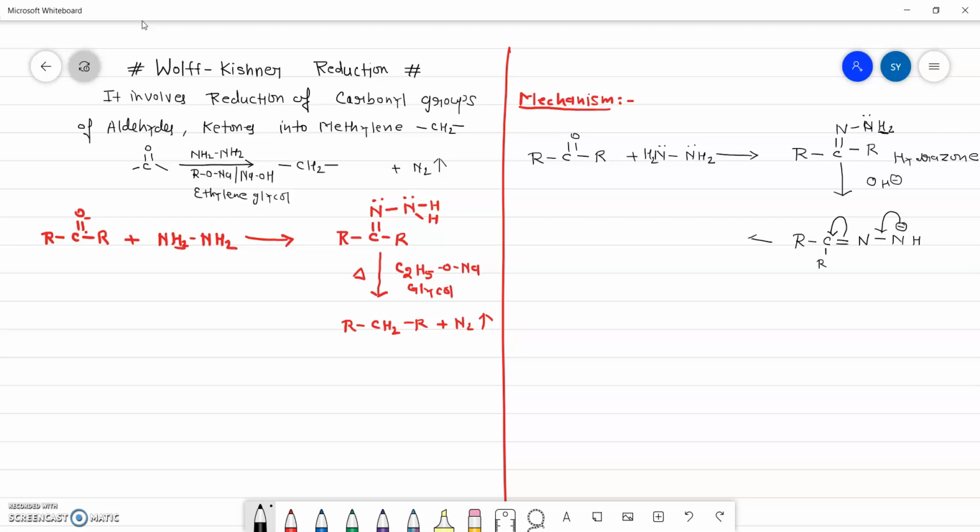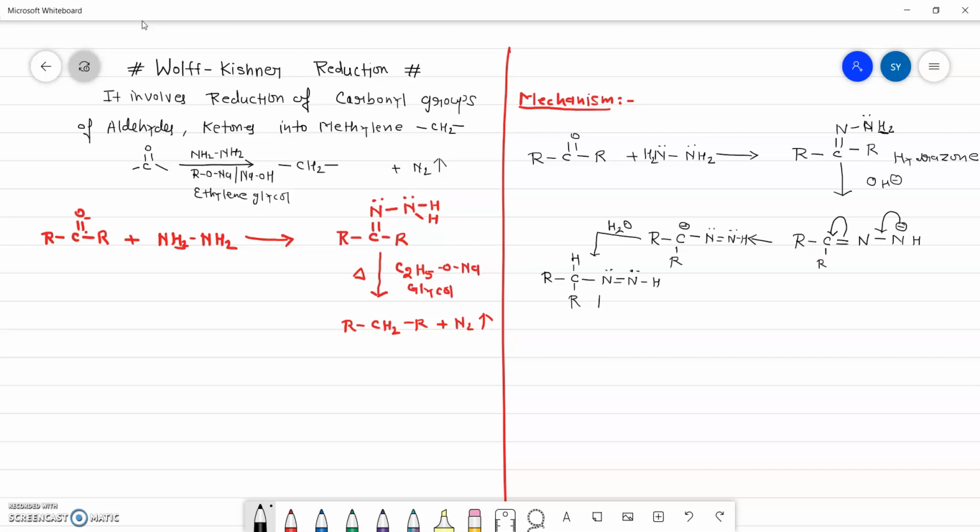So the moment carbon gets a negative charge, there is water present that will protonate it. So we are getting this structure R bond C bond R bond negative charge bond N double bond N with an H. आई होप यहाँ तक सबको समझ में आ रही है बात. ठीक है, so this is having one lone pair, this is also having one lone pair. Now the moment you add water here, water will do the protonation over the carbon with the negative charge. So that is going to be R bond C bond H bond R bond N double bond N H, here lone pair and here lone pair.